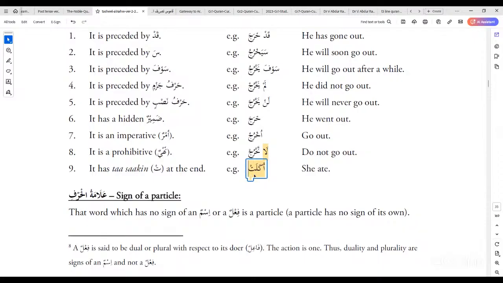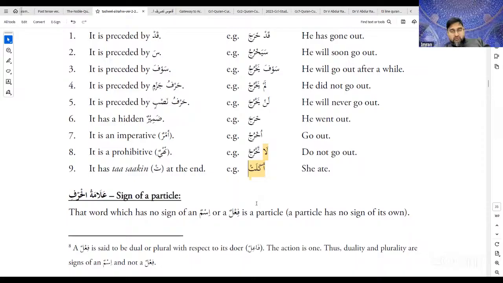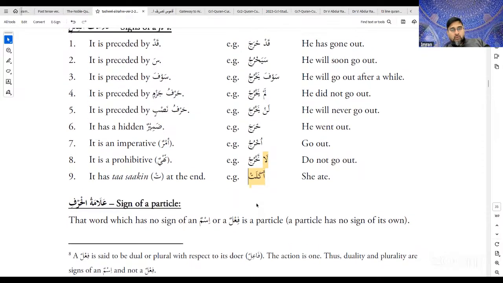Sheikh, this PDF that you're showing on the screen, is it from a book? It is from a book. I will send you a handout with ayat of the Quran for each of these. So I'll send you one, inshallah, today if I don't have another lesson. I'll break it down with the ayat of the Quran, because normally people just teach grammar and that's it, not applying it on the ayat of the Quran, so that it makes it easier and it really sticks in our mind. So inshallah, I'll give you that handout today or tomorrow.